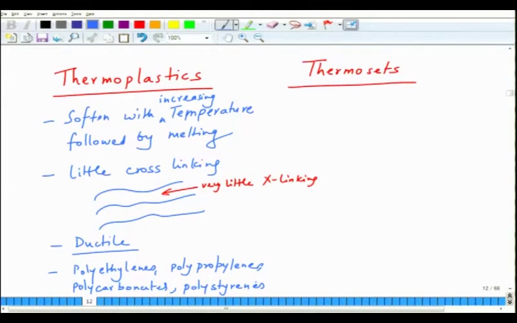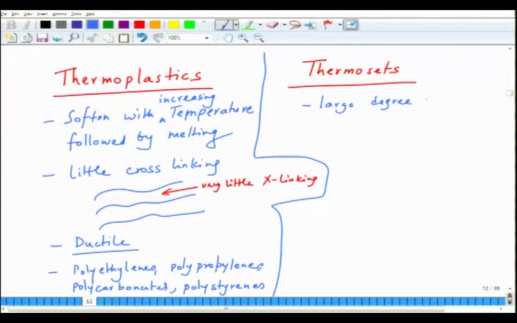You will typically see the name is poly. It is like many ethylene molecules, many propylene molecules, many carbonates, many styrenes put together. So, this is the category which is called the thermoplastics. Thermosets, on the other hand, have a behavior where they have very large cross linking,